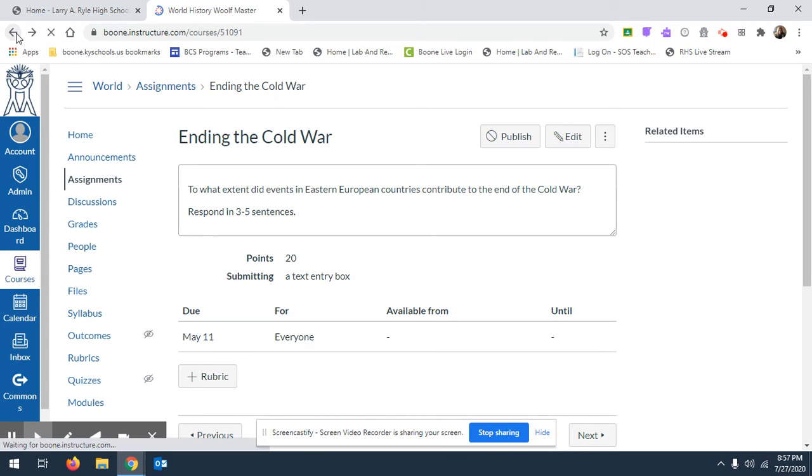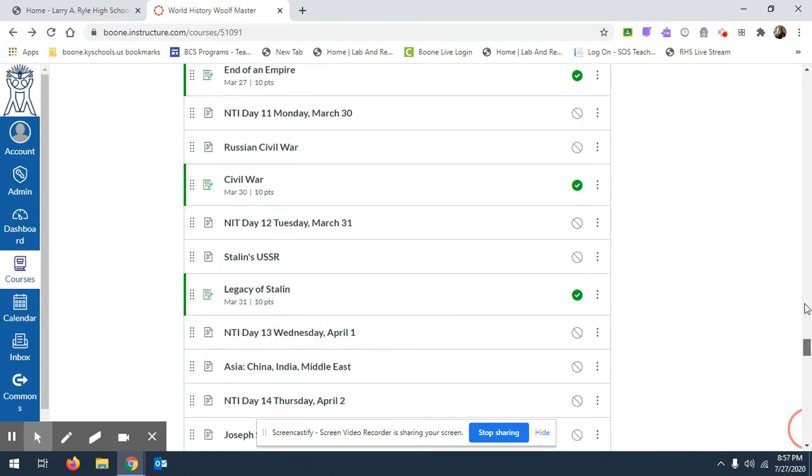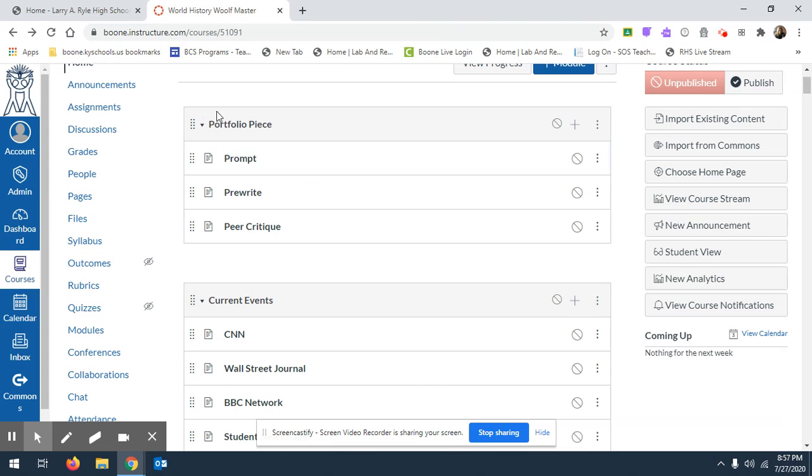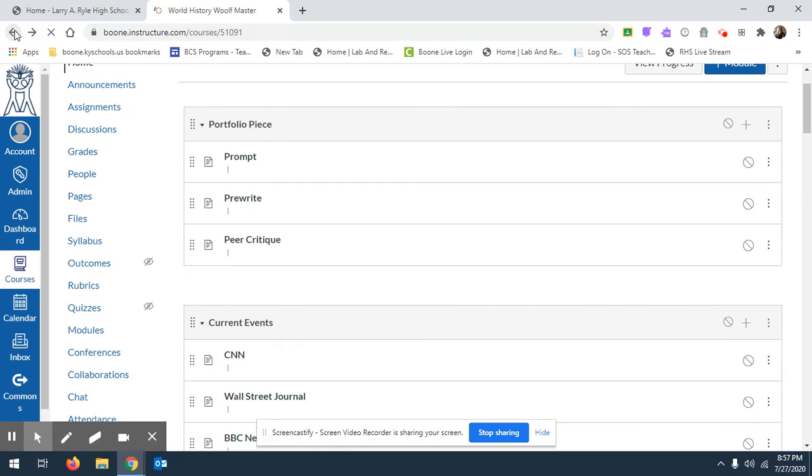Another way that you can access this is through that assignments tab on the left-hand side. So if you click on assignments, it shows you your assignments that the teacher has developed, and then it usually tells you if there are points associated to it, or if they are using standards-based grading, they likely will have a rubric listed with the 4, 3, 2, 1 option. So if I hit back again,